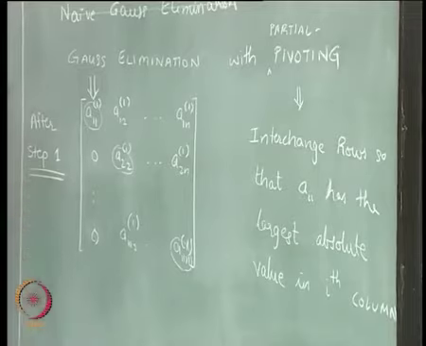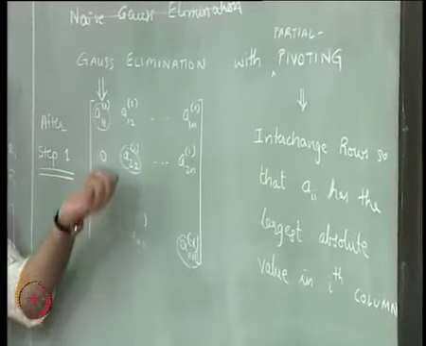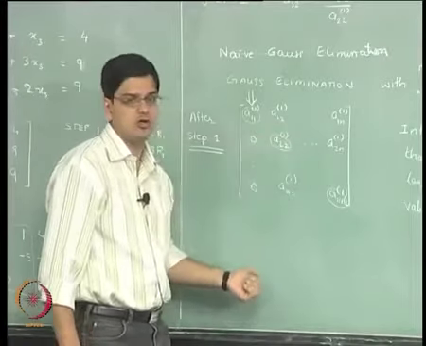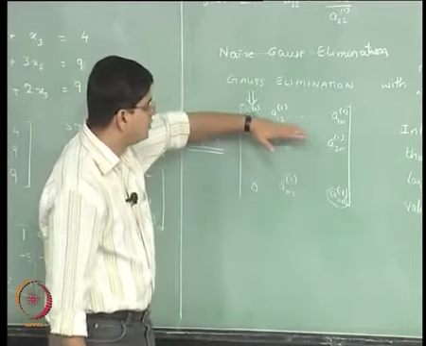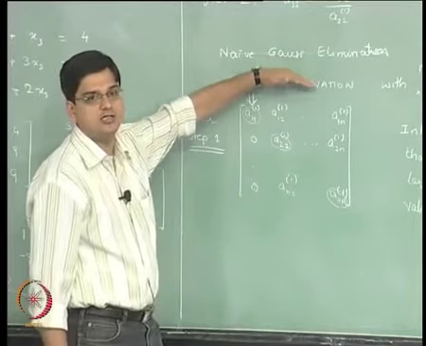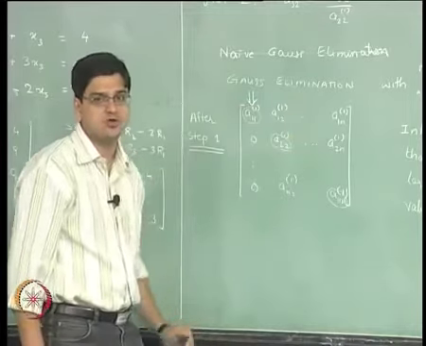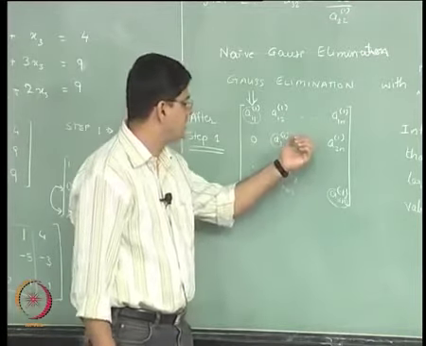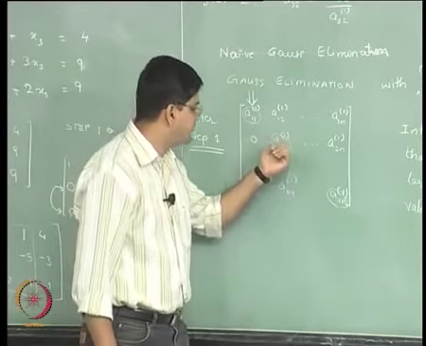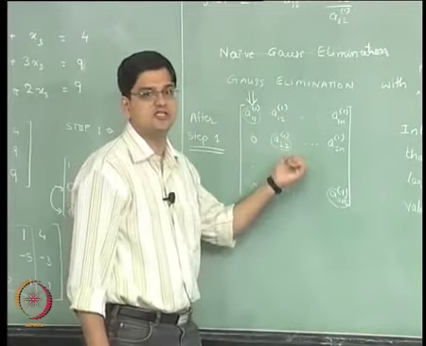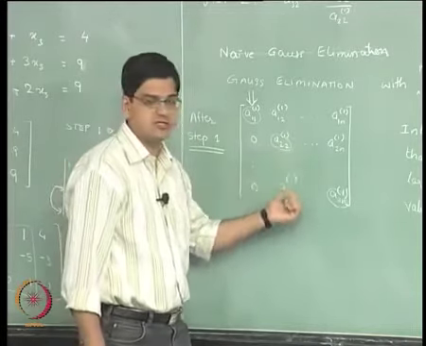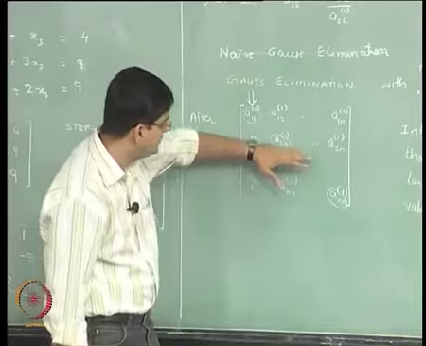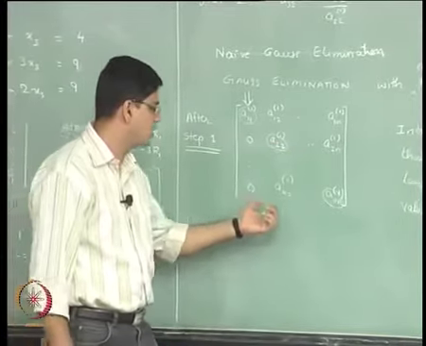In step 2 our A22 becomes the pivot element in the sense that now we want the largest value in this particular column to appear at A22. We do not look at the rows above the second row, we will only look at the rows below the second row. Keep in mind that in Gauss elimination we are only interested in eliminating the coefficients in the pivot column below the diagonal element. So we are only eliminating A32, A42 and so on up to AN2.